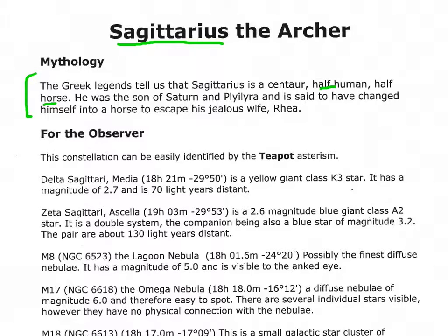It says he has parents, Saturn, and I can't pronounce that other name. But notice that he changed himself, Sagittarius, changed himself into a half human, half horse to escape his jealous wife, Rhea. So, go figure. When we look at the constellation here in a minute, the sky map, we're going to see